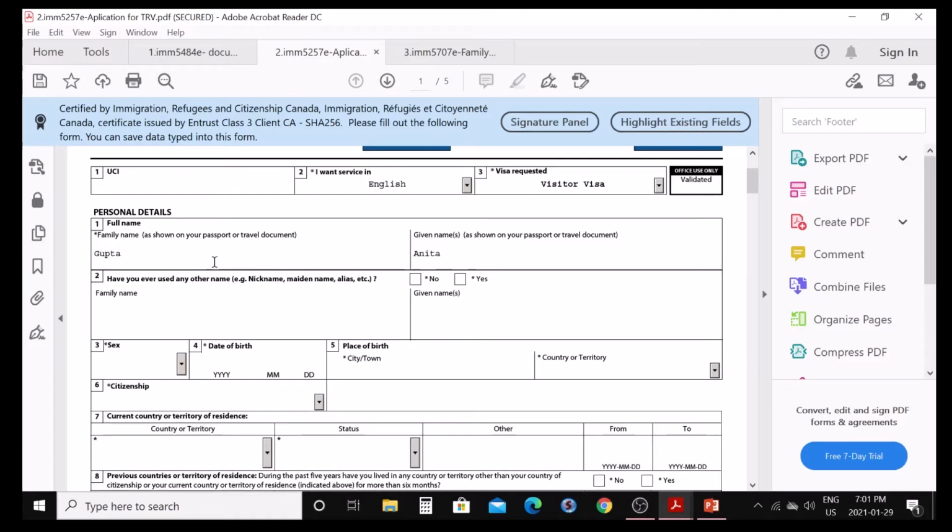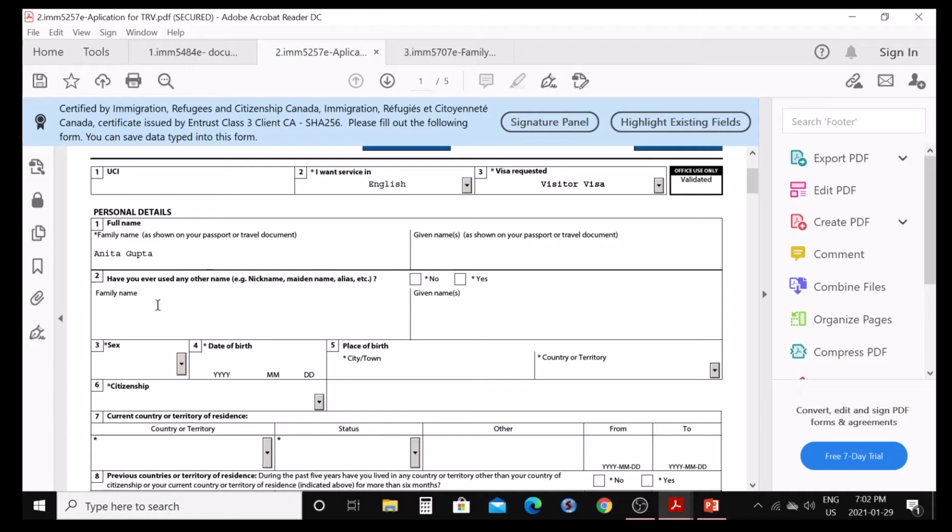But if on your passport you have only a given name, sometimes it's written together, like if you have a Singh name, Balbir Singh or Sukhpal Singh, they are written together, like I'm writing here Anita Gupta. Then you can leave your given name blank and write the whole name together in the family name column.